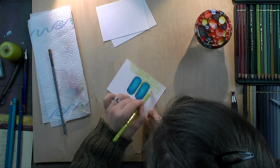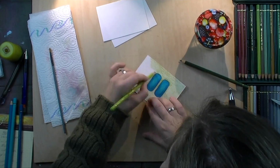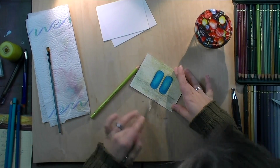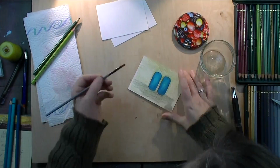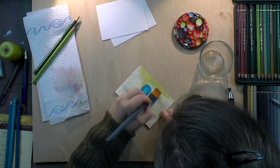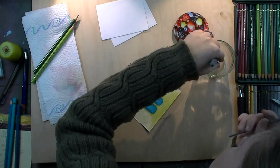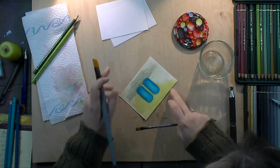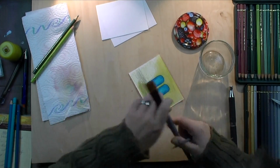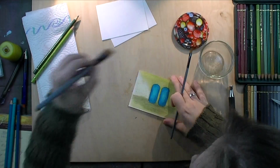And just to have a complementary background there, I took lime green and a dark olive green. It's almost a grayish green to create the background and ground it, like give the pause sign something to sit on. Again, I go in with paint thinner and blend everything out so that it's smooth and nice and bright and